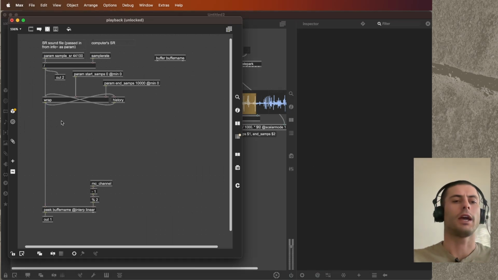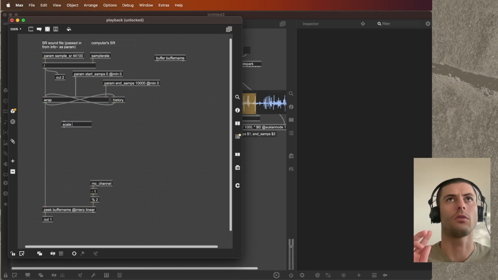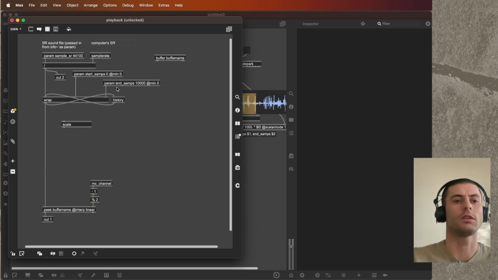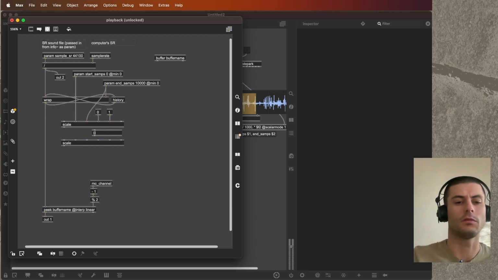So what I'm going to do is actually scale the range that we have here to the range of 0 to 1, and then we'll go back to the sample start to end range, just because it's going to be easier to work with 0 to 1. This is perhaps not the most efficient way to do things, but I think it's going to be just fine. So we'll go from start samps to end samps, and then 0 to 1. And then we can then do the opposite. So we'll do 0, 1,